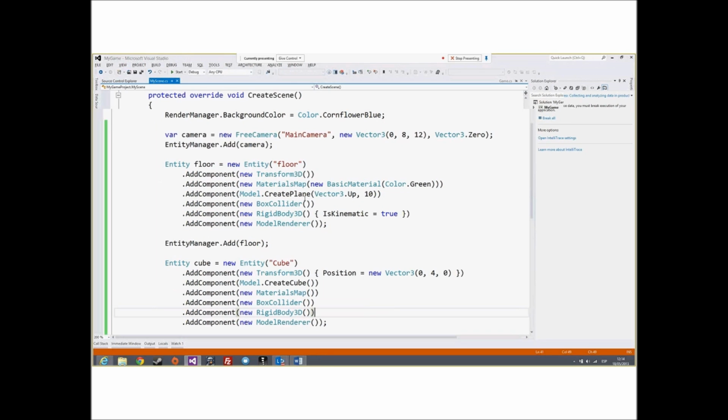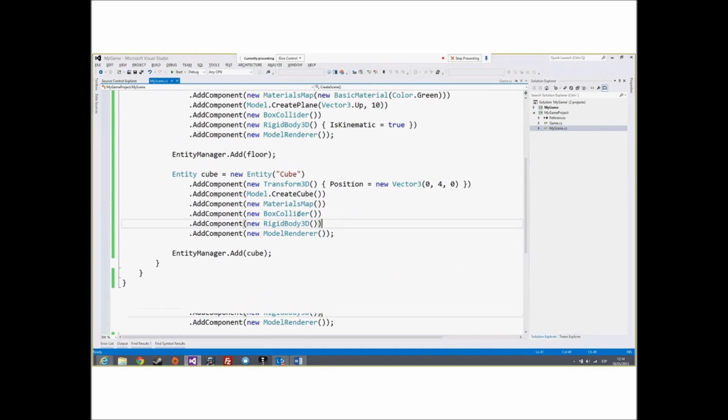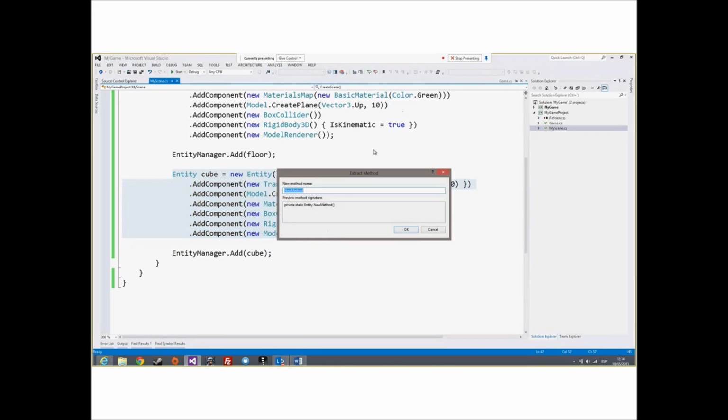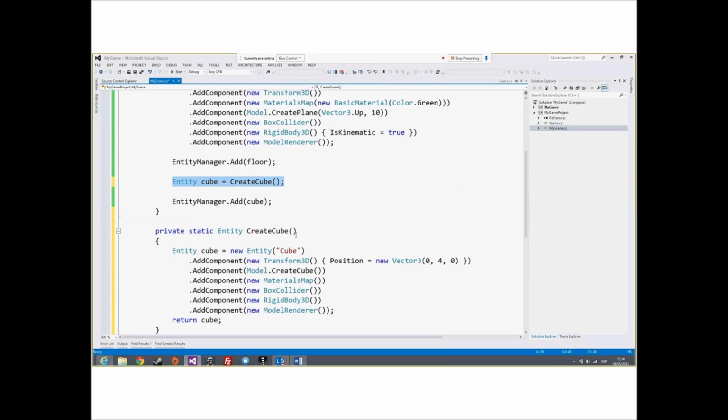Okay, to make this demo more amazing, I'm going to put the cube creation code in another method to create more cubes. Okay, CreateCube, and we need to pass a string name for each cube, and a position for each cube. Okay, put the name here and a position here, and I'm going to put this code in a loop.